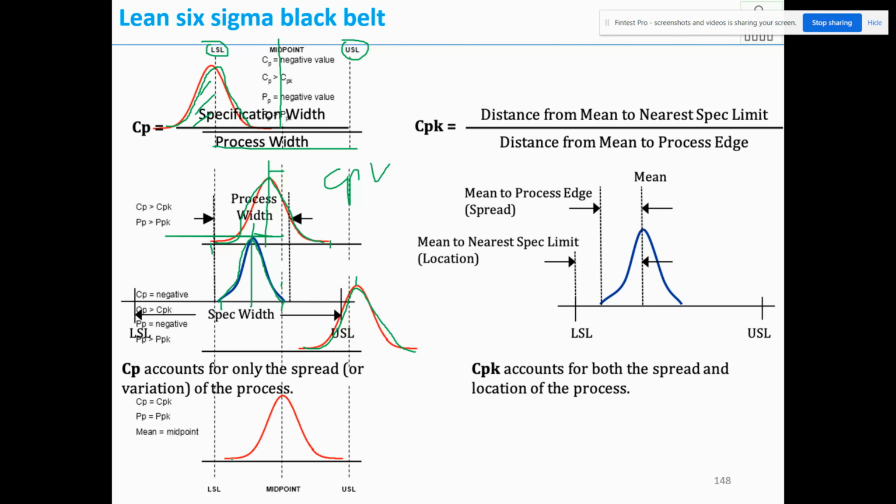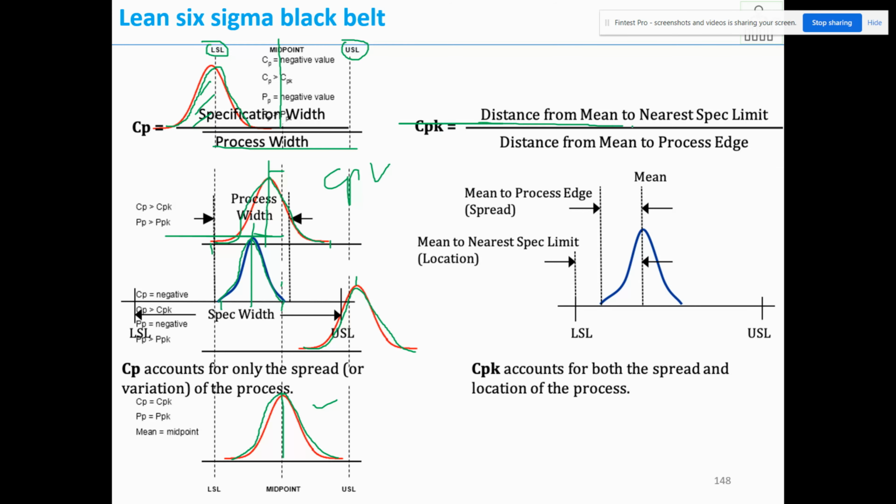So in this case, exactly your process mean is overlapped with the drawing mean. Therefore, CPK will be equal to CP. So this we can say is a good process. Now the target here is to achieve the drawing mean. That means your process mean should be equal to the drawing mean always, or more number of frequency of your process mean shall produce your drawing mean. Then we say it's a good process when it has a lesser variation or standard deviation. So that is an example here.